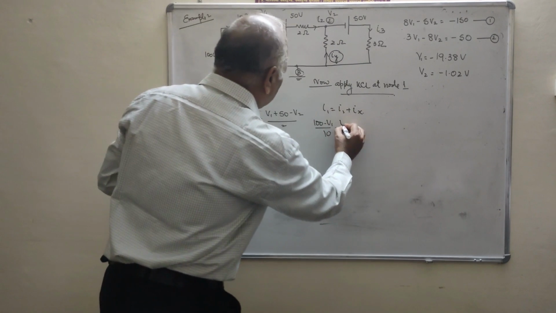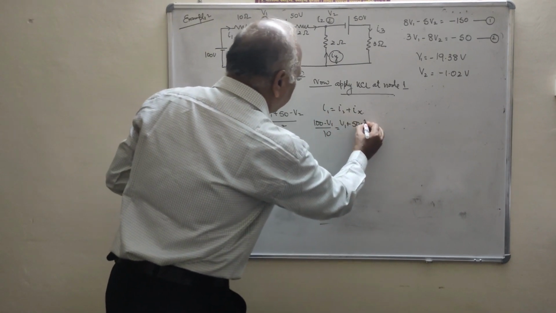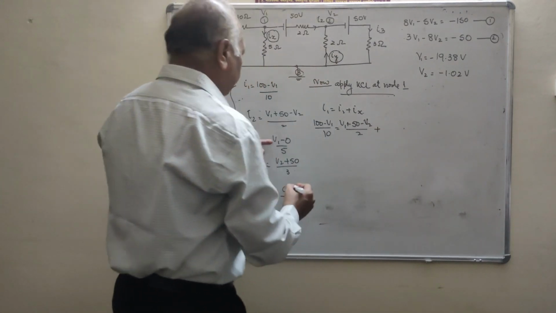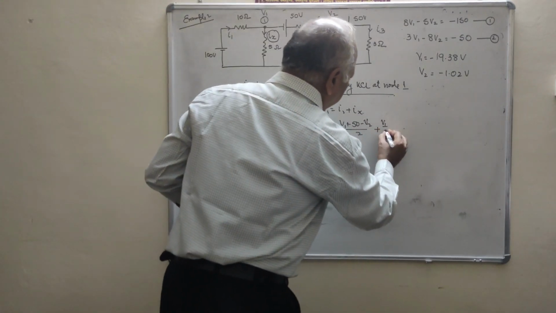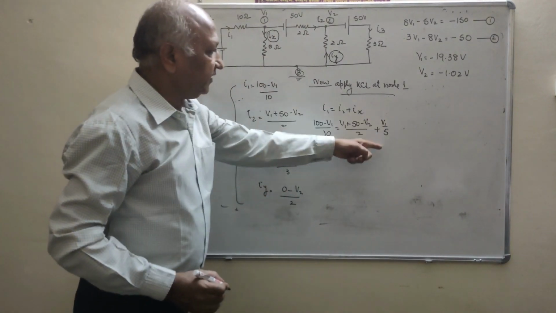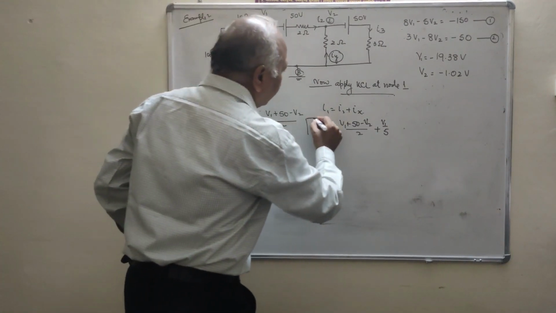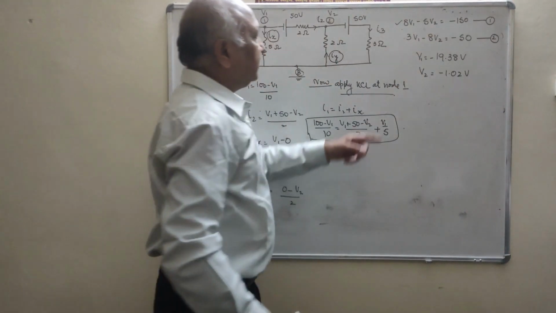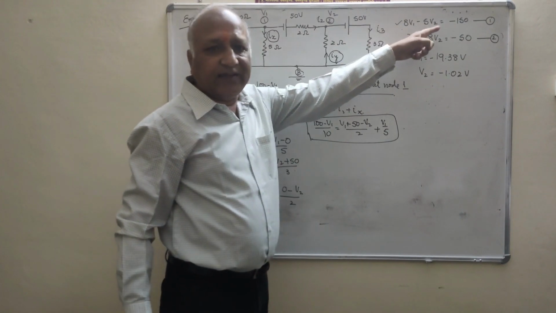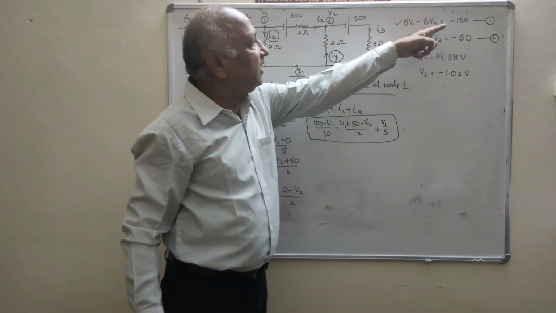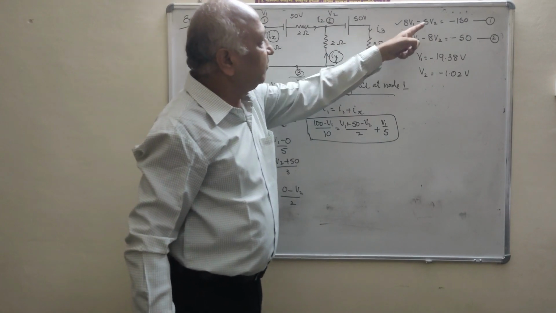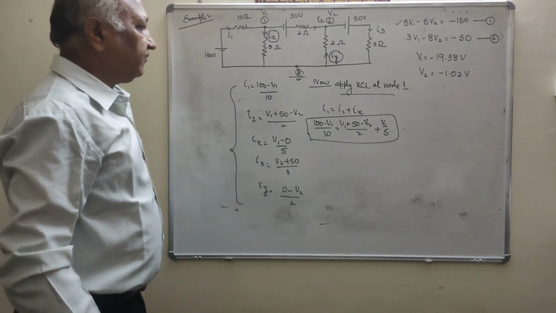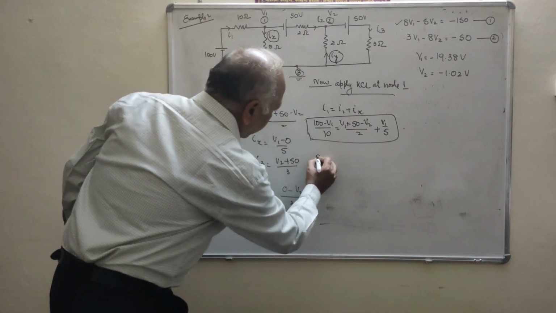equal to I2, that is V1 plus 50 minus V2 upon 2, plus what is the Ix? That is V1 upon 5. After solving this equation, you will get 8V1 minus 5V2 is equal to minus 150. Now we will apply